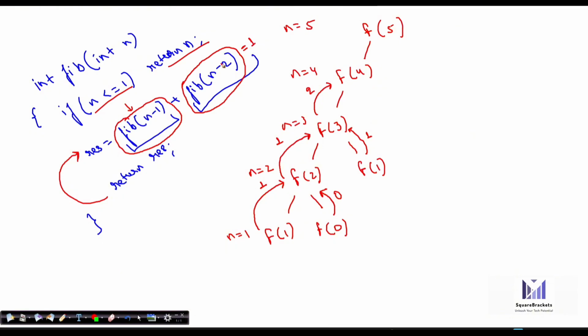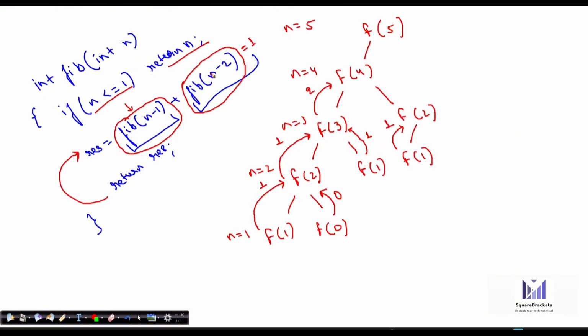Now f4 will call this n minus 2. It becomes f2. Now comes the chance of f2. Basically, whenever it was trying to call f1 or something, it always returned n. But now the chance of f2 is there. Once f2 is called, it will do n minus 1 again. So it means again it will open the branch for f2. So f2 will call n minus 1, so it will become f1. And now once f1 is called, it will again return 1. So 1 is returned back here.